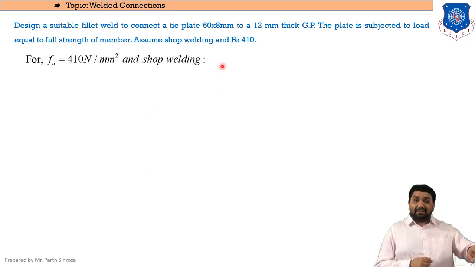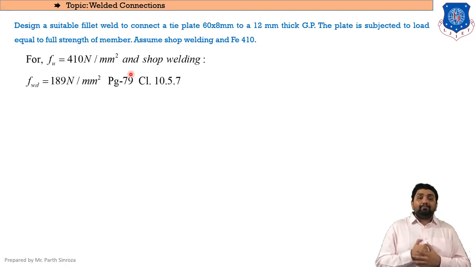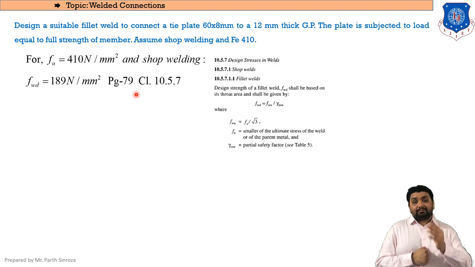So moving on, we will be calculating the FWD. The size of weld is completed. The first thing was to identify the size of weld. So in size of weld we calculated S, that is size of weld, and throat thickness, that is TT. So TT will be equal to 0.7 S. We have calculated it, and now we will be moving towards length of weld. To find this length of weld, we will be calculating FWD. Now how to find this FWD?